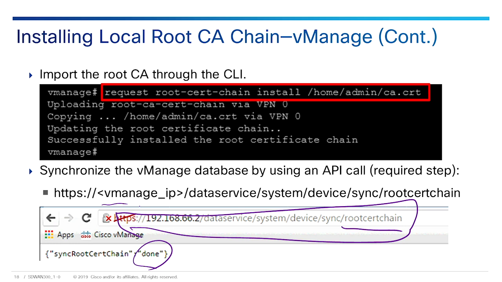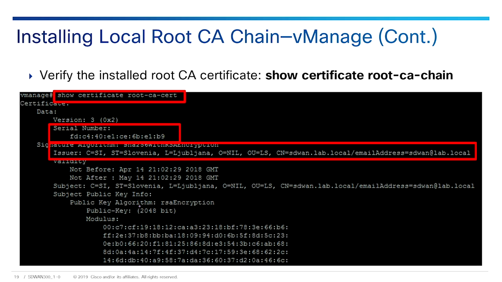And we mentioned APIs before. I wanted to mention that we do actually use an API here. And then we have 2 commands we can do to make sure that the certificate took. Basically, we're going to do that show certificate root CA. And what we want to make sure is on all devices, the root CA matches serial number